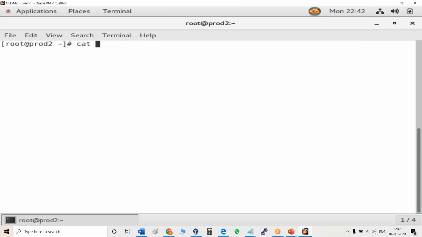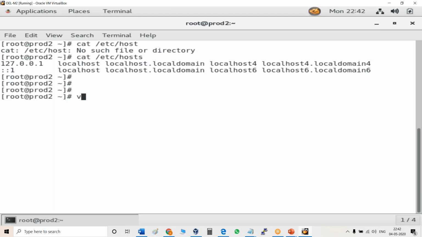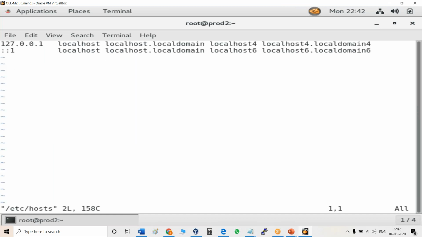So check your etc hosts file. So where does it reside, sorry, etc hosts. So see that. So just open the editor with etc/hosts and come to it, press I for insert, then enter.